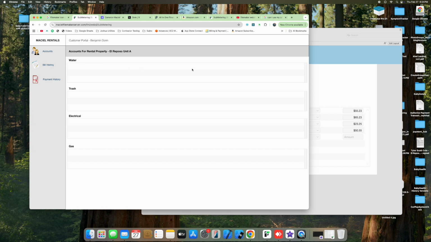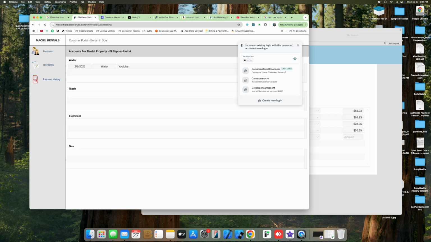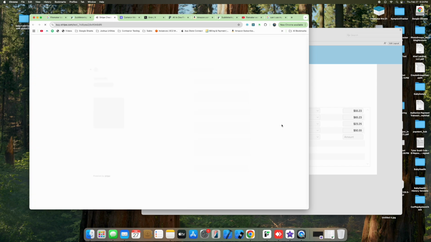I should be adding probably a refresh button for this tenant, but typically they'd be signing in and they would now see a non-paid bill. And you can keep doing this. You can go to the pay bill. It'll show the processing fees, the total amount you have to pay. It'll pay bill, take you to Stripe, and